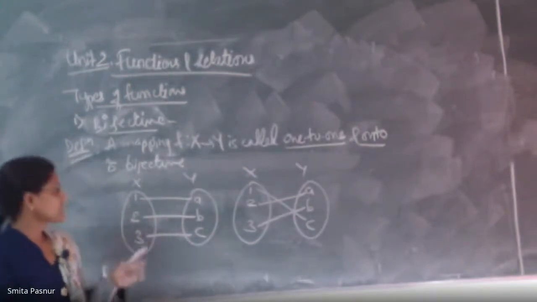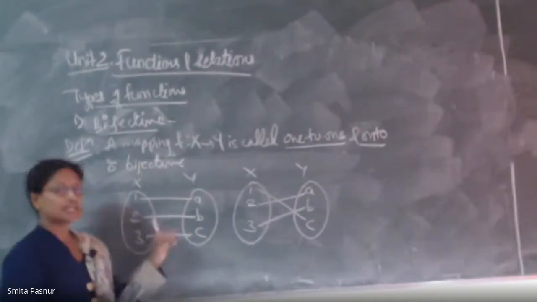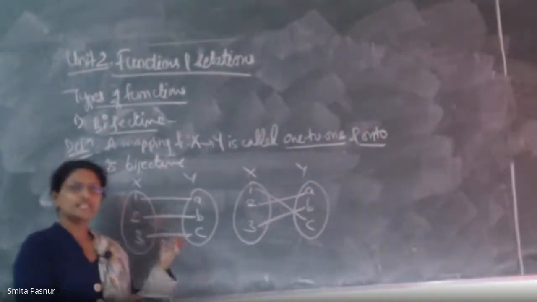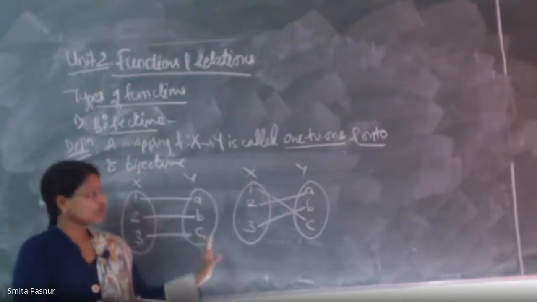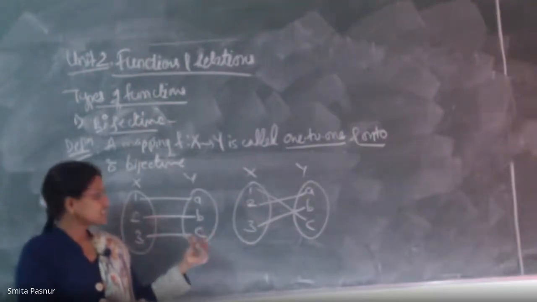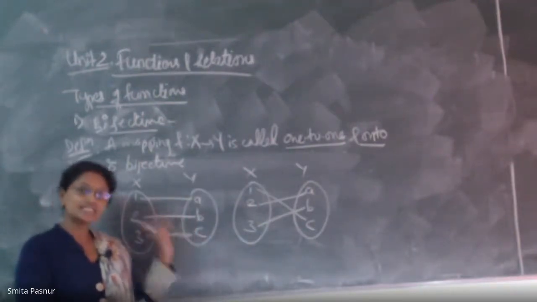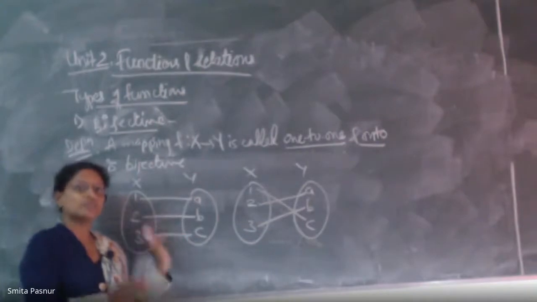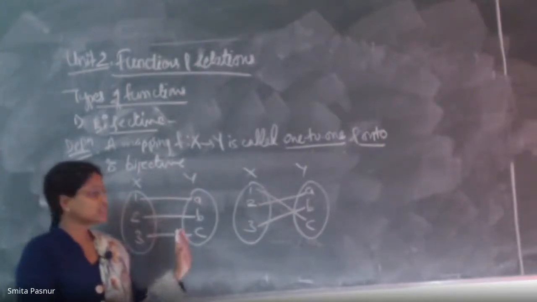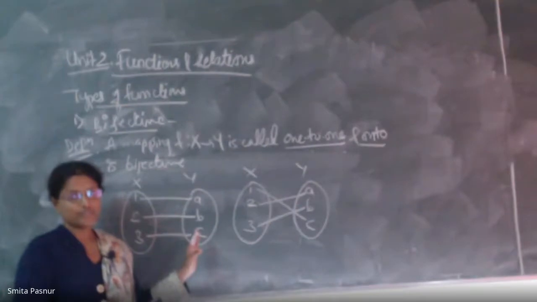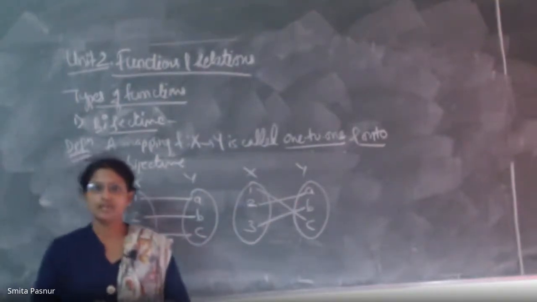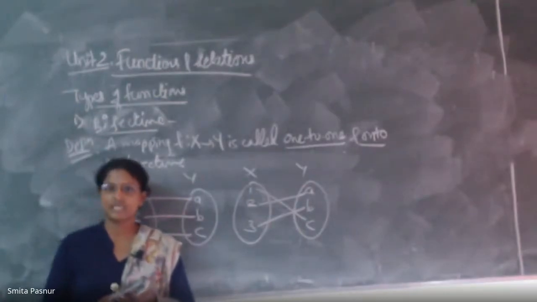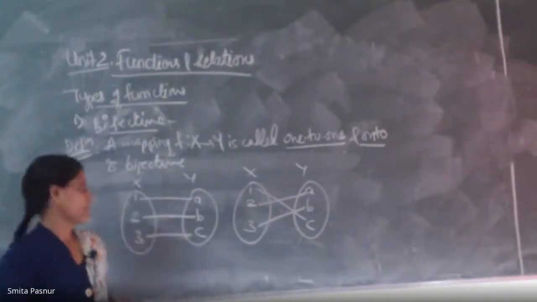One-to-one how? You can see that each and every element of X is connected to, meaning a unique X is connected with a unique Y only, in both examples if you observe. And it is also onto Y. You can see that each and every element of Y is mapped with an X. Understood? And that is why this example is bijective. Is it clear now? So I hope you have understood all three types of functions: surjective, injective, and bijective. Is that clear, all of you? Okay, fine.